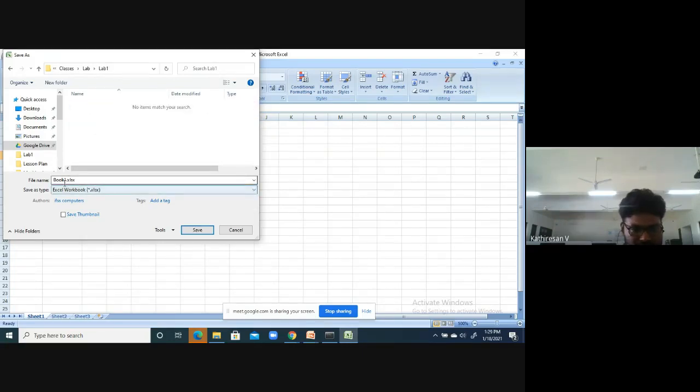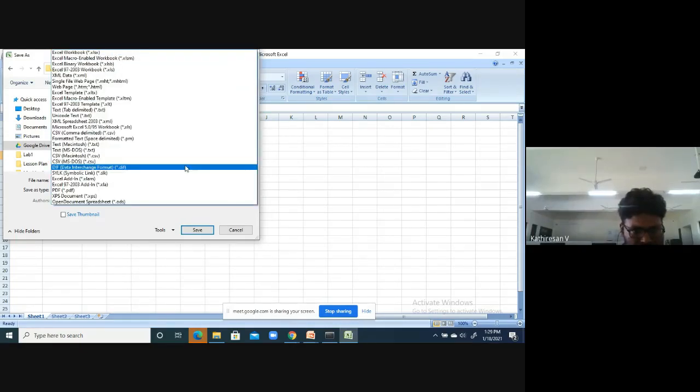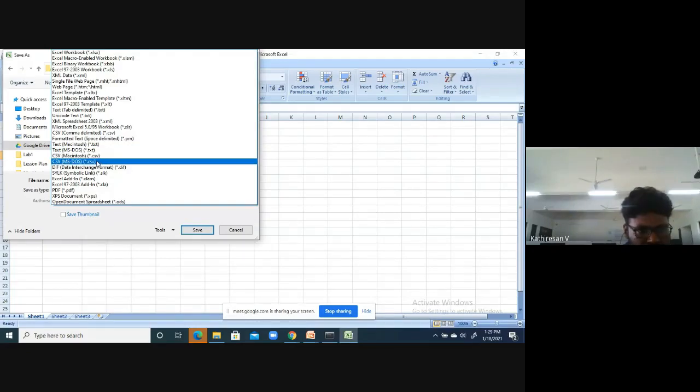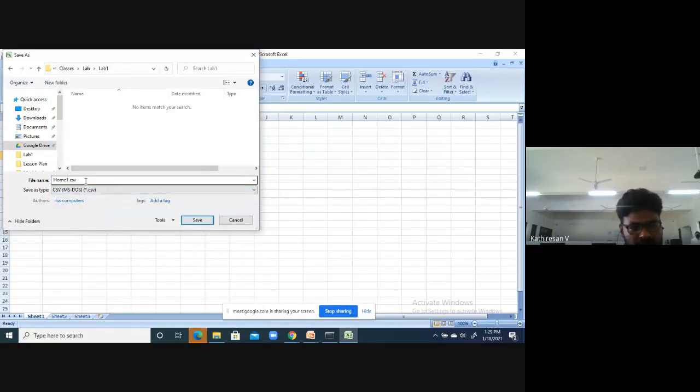I'm saving this as home data. Here you have to choose CSV file. Where is CSV? See this one: CSV Mac, CSV MS-DOS. This one you have to choose, CSV in brackets MS-DOS, and save it as home.csv.